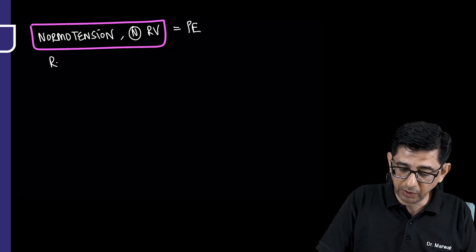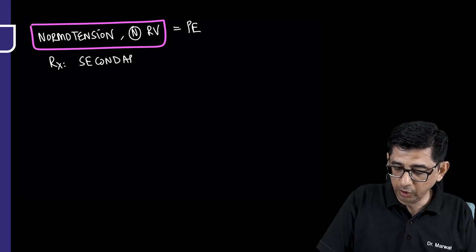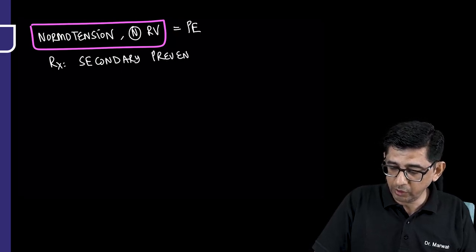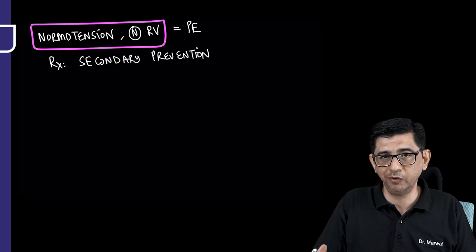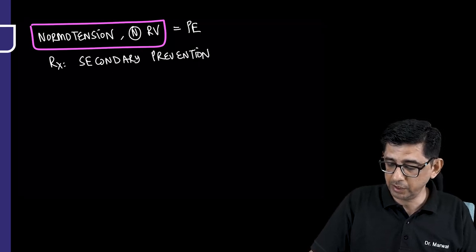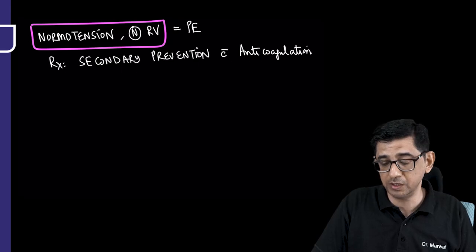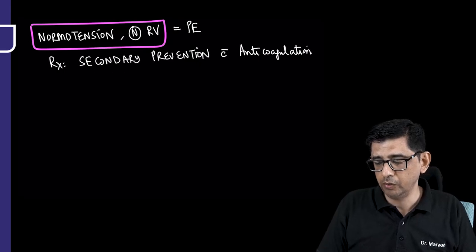Here, your answer would be secondary prevention. I mean, whatever had to happen has already happened. You cannot do anything for that ultra small clot which is now lodged there. The body's anti-clotting system will take care of it, but you can amplify that process. You can help the body's system to destroy that clot which is present in the distal circulation by going ahead with secondary prevention with anticoagulation. Once again I'm saying the same thing, only that if it is massive pulmonary embolism, you go for anticoagulation plus thrombolysis. But here, because the clot is very small, a single clot, no problems, I will go in for only secondary prevention